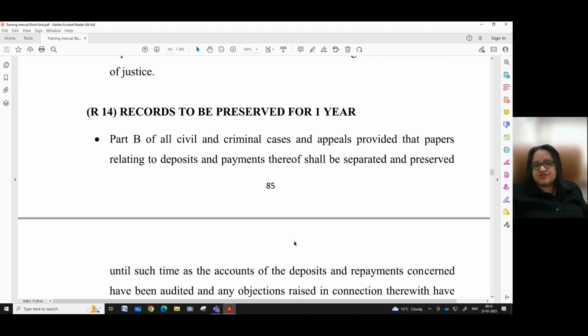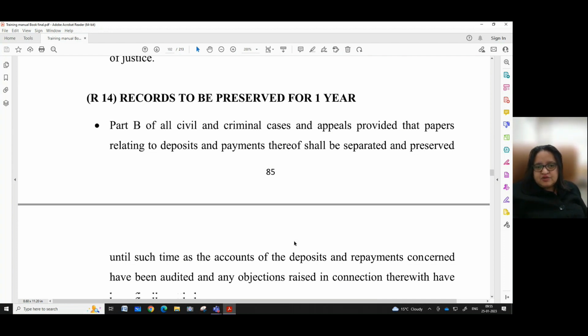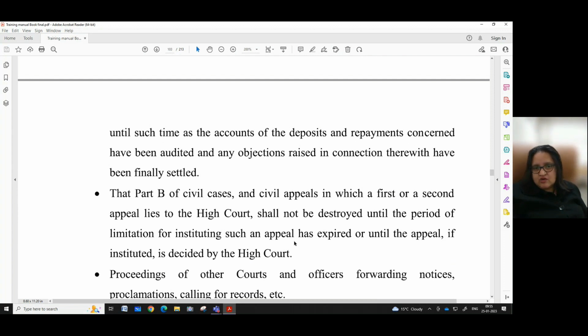Rule 14 speaks with regard to the records to be preserved for 1 year. Part B of all civil and criminal cases and appeals, provided that papers relating to deposits and payments thereof shall be separated and preserved until such time as the accounts of the deposits and repayments concerned have been audited and any objections raised in connection therewith have been finally settled.